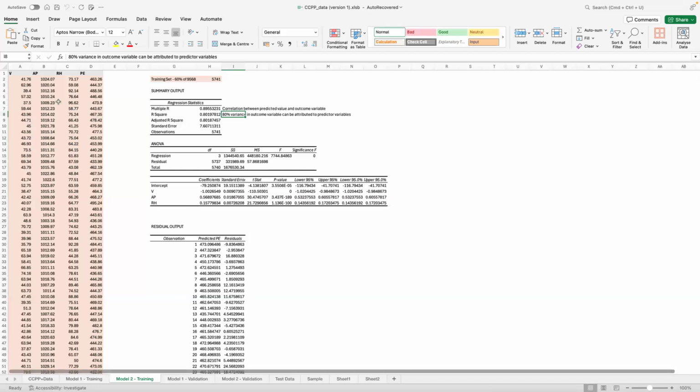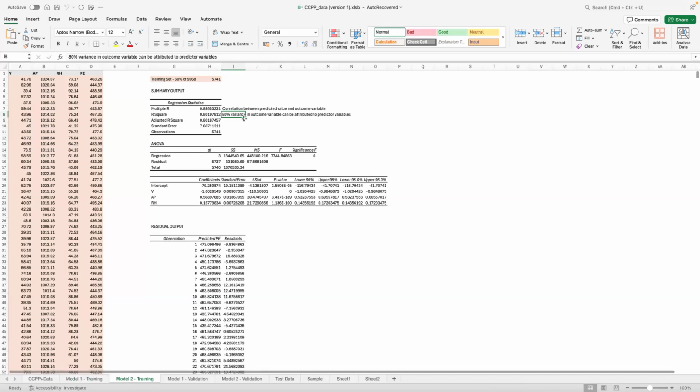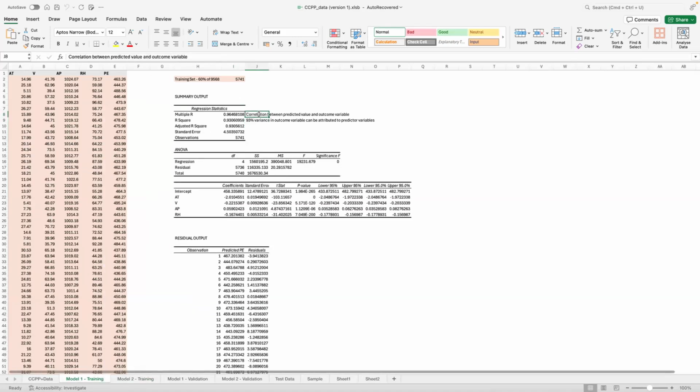So as we removed the temperature variable from here, you can see our variance has decreased from 93% to 80%, right? And our correlation has decreased actually, right? So we can see an 80% variance. Our correlation was very high here, meaning that this data set, with all the four